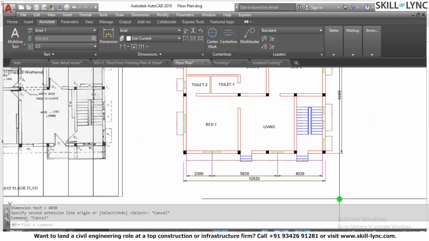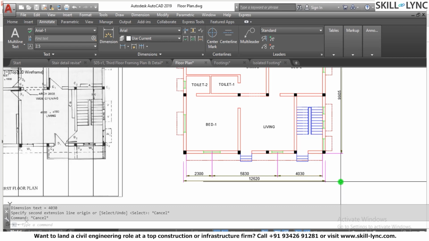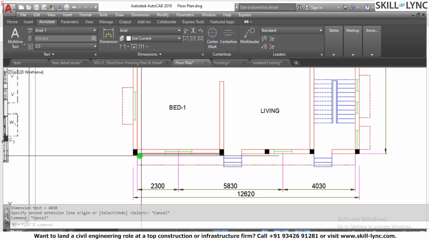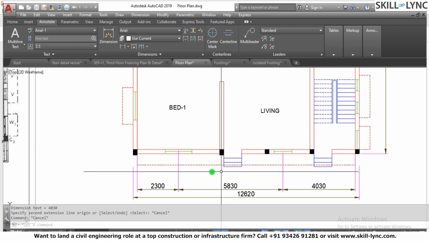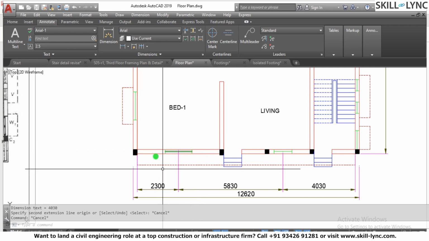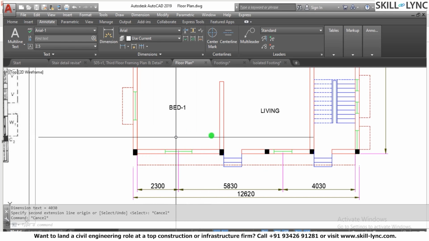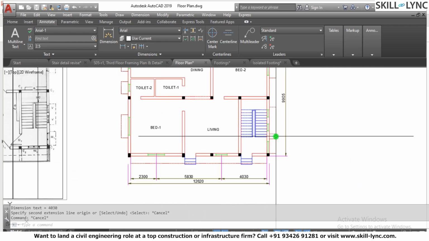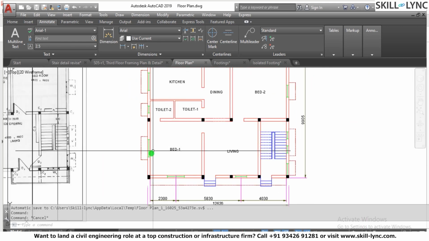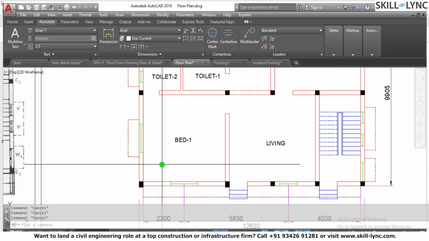Similarly, if I want to go in the y-axis, the dimension, here basically we are showing the location of the windows with reference to the walls. You can see that the size of the window can be derived from the window schedule, or we can dimension the window later on, but this is how the dimension can be done. Similarly, if we want to give the measurements of the room,